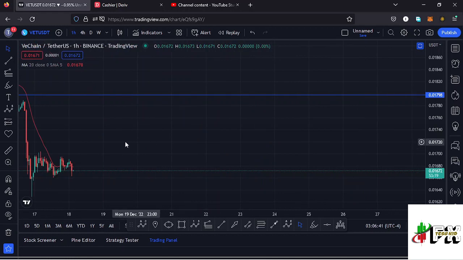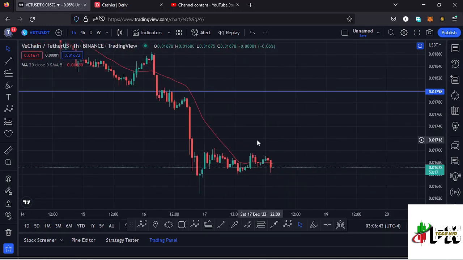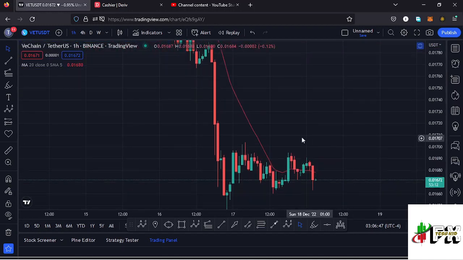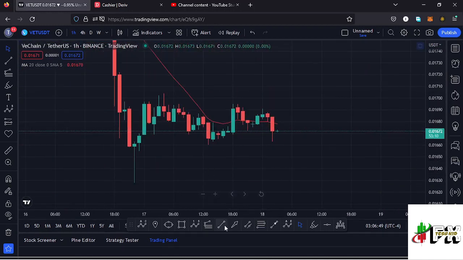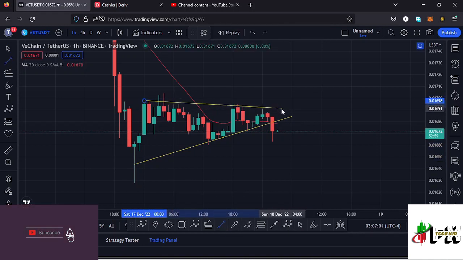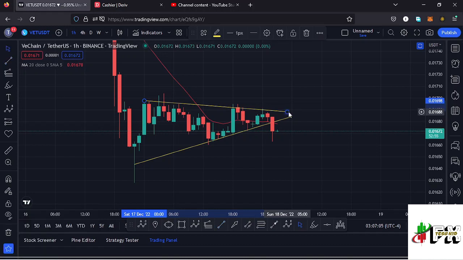And we also have another chart pattern that is in formation right here that can give us the short-term scenarios that we can expect to play out here on the Vechain chart. If I draw it out, we can have a trend line over here connecting these lows like that. Then we have also seen the upper side of the pattern, by connecting those tops. And this chart pattern is a triangle which has been well respected, and you can see the price of Vechain has continued to push to the apex of the triangle, and we have seen a breakout